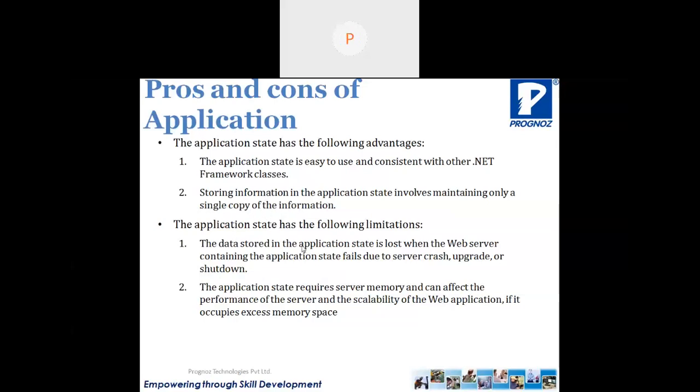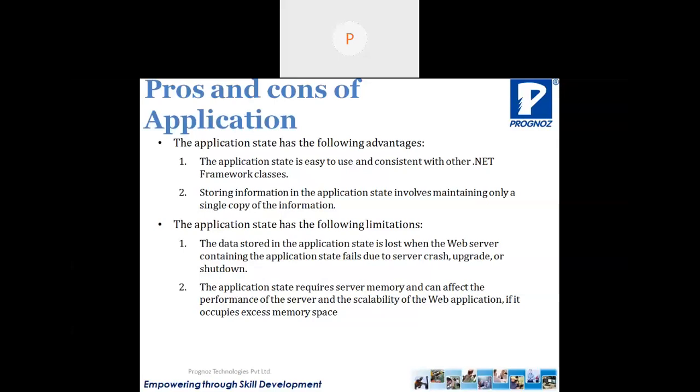The application state has the following limitations. The data stored in the application state is lost when the web server containing the application state fails due to a server crash, upgrade, or shutdown. Because the problem is that the data is stored on the server side.